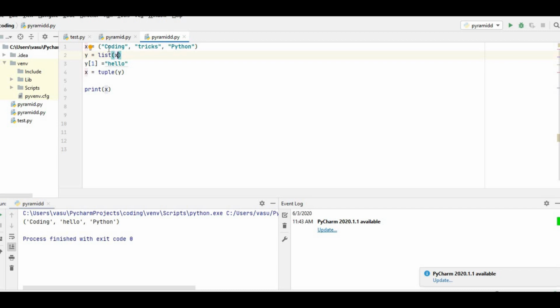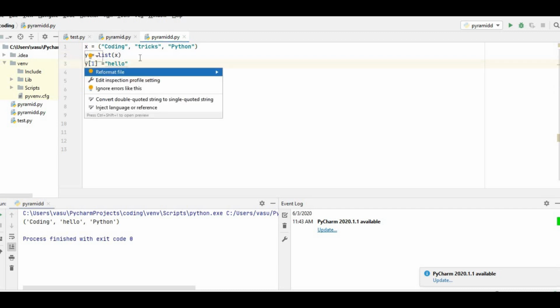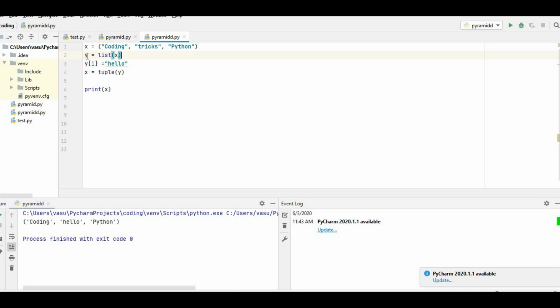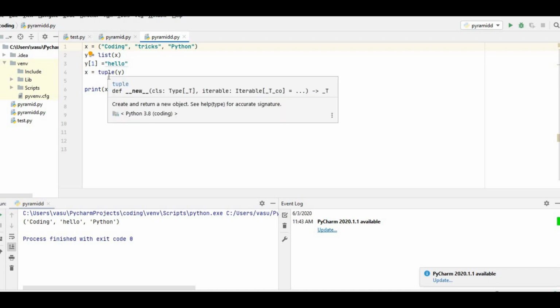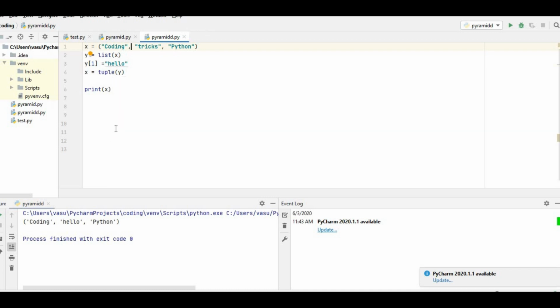So x is converted into a list, and that list is assigned to y. Then I am giving y[1] equal to "hello", meaning I want hello in the first position. So this hello replaces tricks here. Then I am asking x equal to tuple of y, then print x. Then you will get the value here.